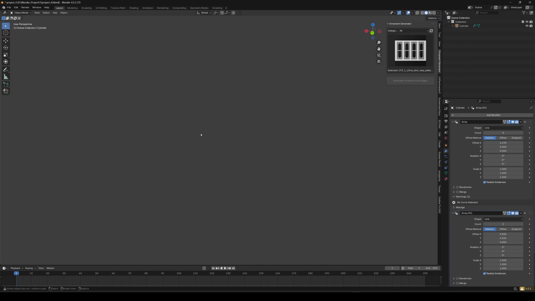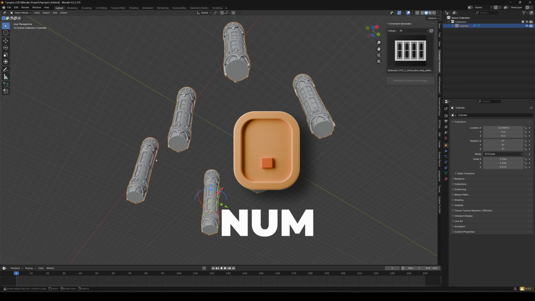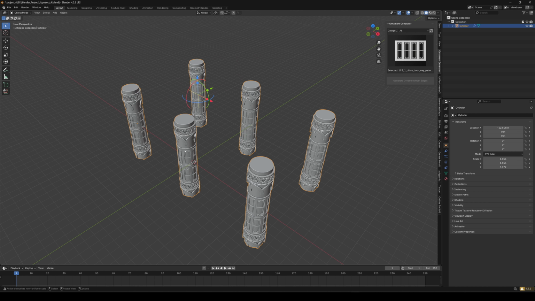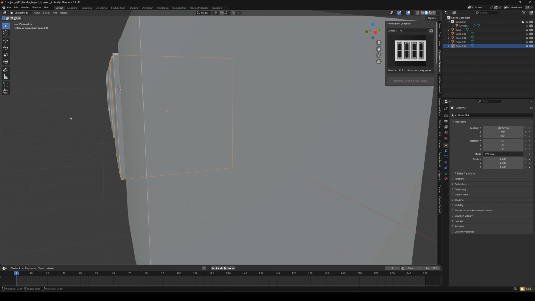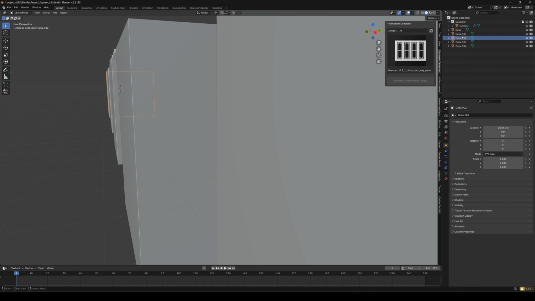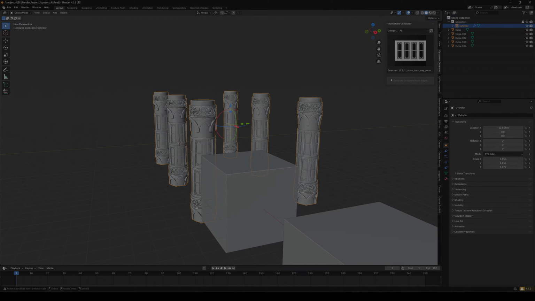You've probably gotten lost in Blender at some point, floating somewhere in space with no idea how to get back to your object. The easiest solution is to press dot on your numeric keypad. And if you select the object in the outliner, you don't even need to search for it. After pressing this shortcut, the view will automatically focus on that object, bringing you right back to the scene.